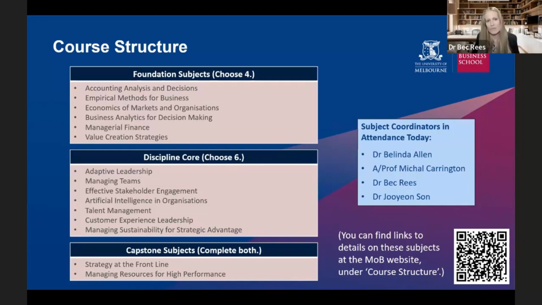The second one is more of the capstone subject, where we're bringing it all together. And that one is strategy on the front line, where we're recognizing how important the frontline managers are, and we're saying, okay, how do we get some common strategies or some drivers of how we can achieve better organizational performance. And it's a really practical one where we're getting the tools and the theories, and then working out what's going on in your business and how do we actually get that application there.